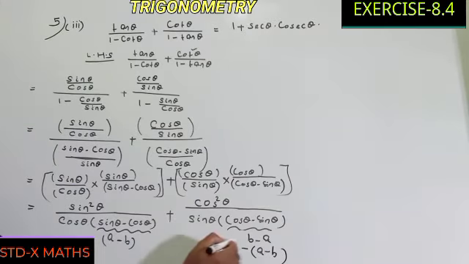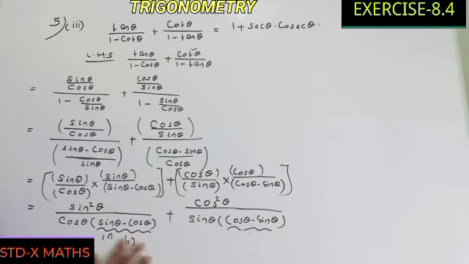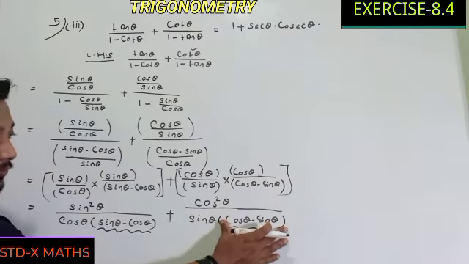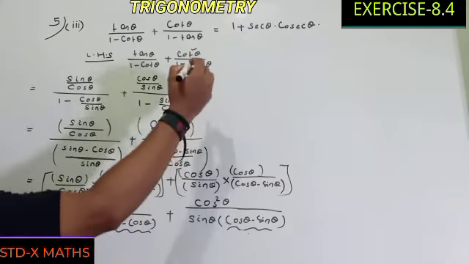So to make b minus a in the form of a minus b, I have to take one minus as common. So to arrange cos theta minus sin theta in the form of sin theta minus cos theta, from this I have to take one minus as common. So directly I am writing, see carefully.